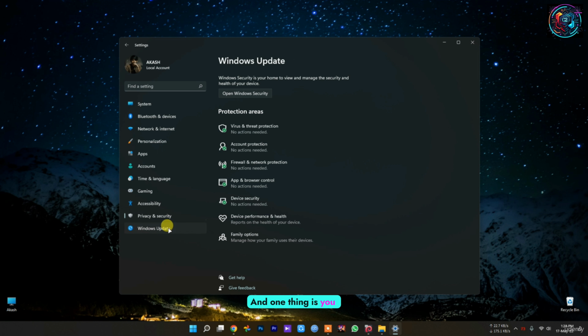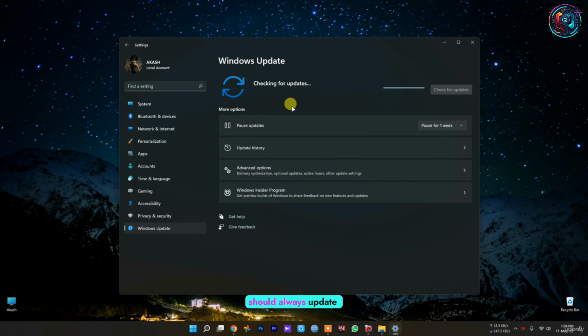And one thing is you should always update your Windows, and this is a must. Updates happen automatically, but depending on the update or how the device is configured, they don't always download and install as soon as they become available. So if your computer is running slower than usual, it could be that an update is available to improve performance. As you can see, in my Windows 11, my Windows is updated today, so I don't need any update. Make sure you keep your Windows updated to the latest version,